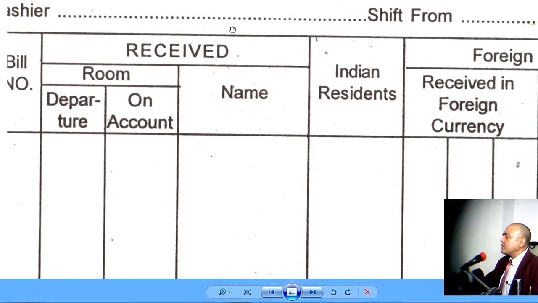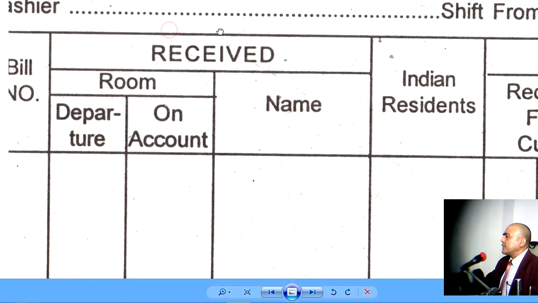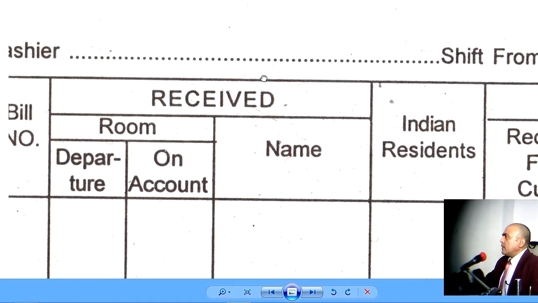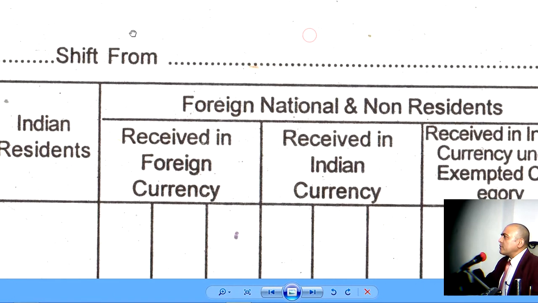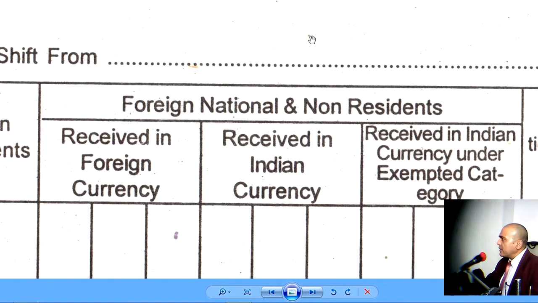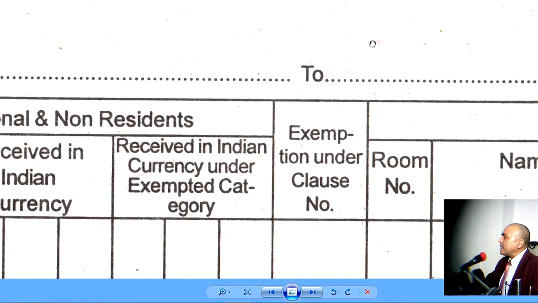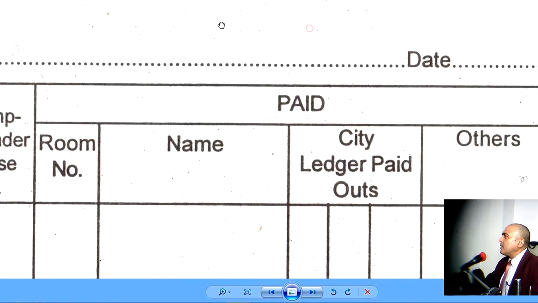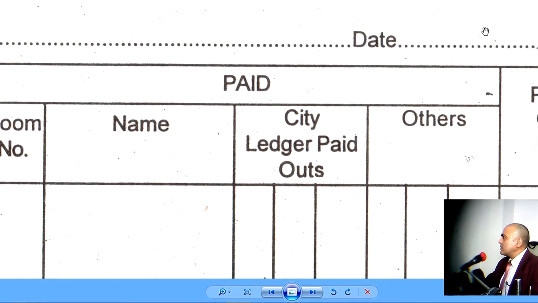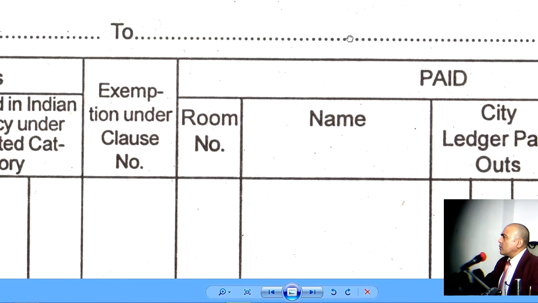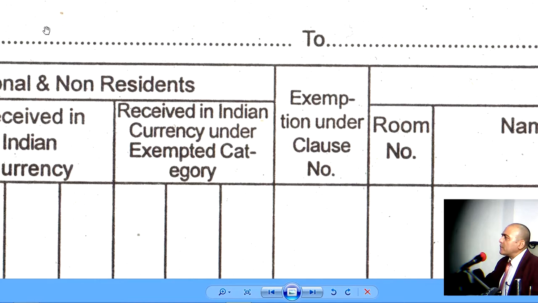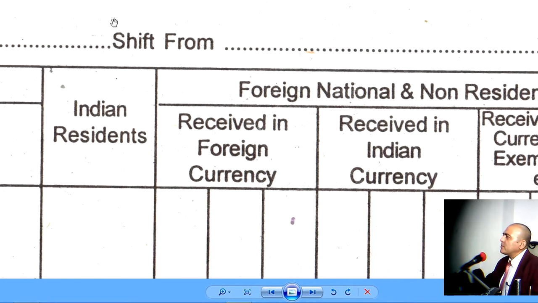The first section is here. Let us first complete this detail here. It is not visible, but this is cashier. The cashier's name will be recorded here. Shift begins from, what time the shift begins, will be written here as shift timing, and what time the shift ends will be written here. And the date on which this document was created will be recorded here. So this gives us an idea that this document is prepared on a daily basis. After every shift, this document will be prepared.